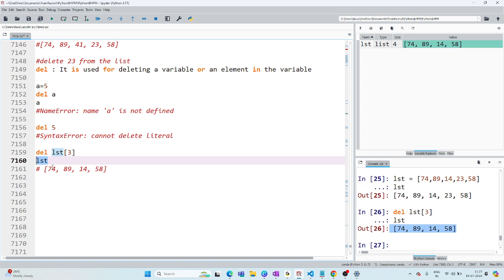Now, if you remember, I told you every type will have its own properties. Now there are some properties of lst also.